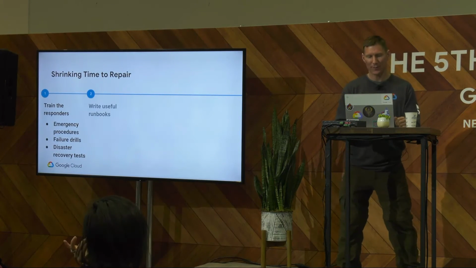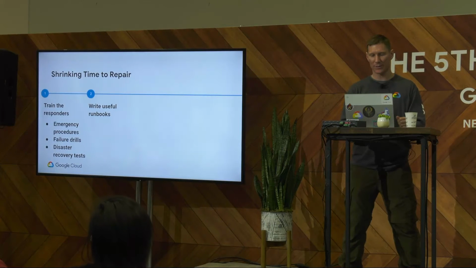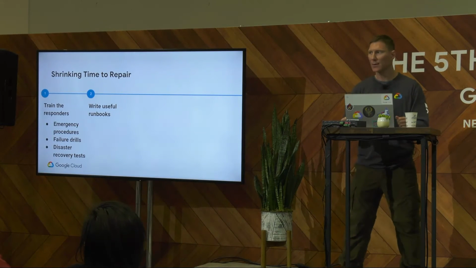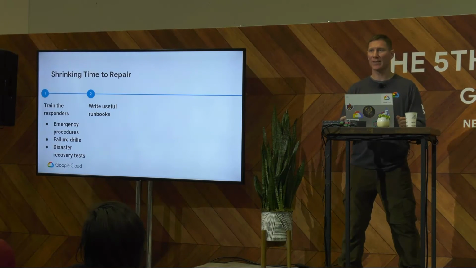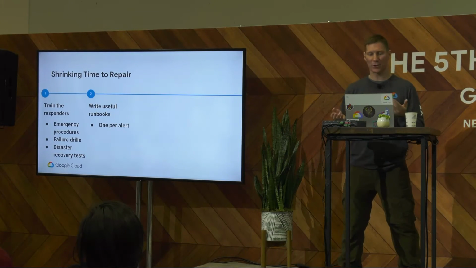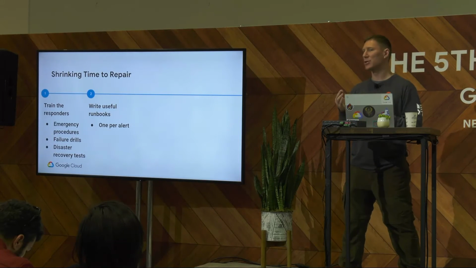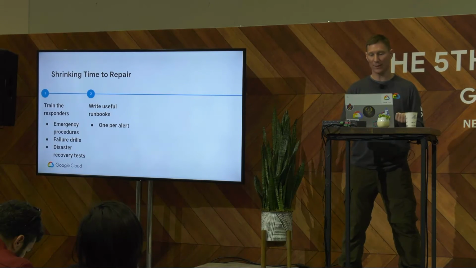Number 2 here is that you have to write alert runbooks. Some people call them playbooks. A runbook is the first thing that an on-caller sees when they get an alert. You need to write one for every alert that can fire. Write down things like special response procedures, links to dashboards, what queries you would run in the debug logs to find more information. Everything someone who's trying to handle the alert would like to know.